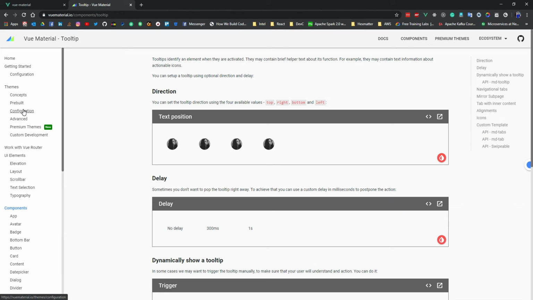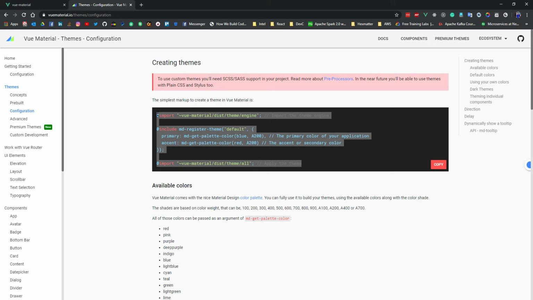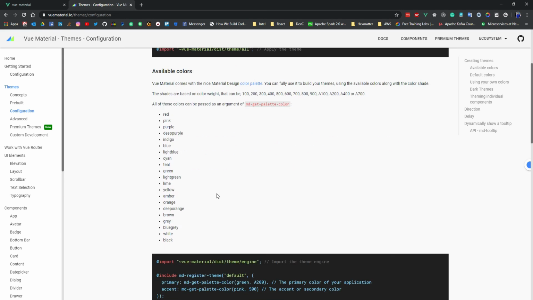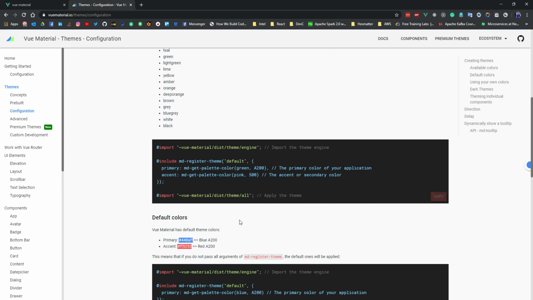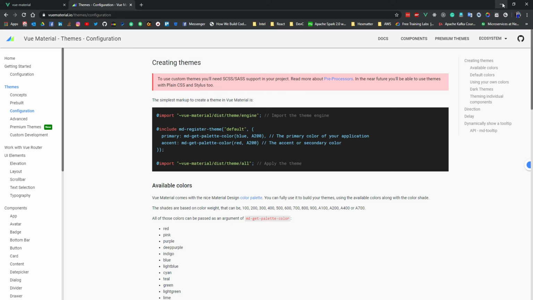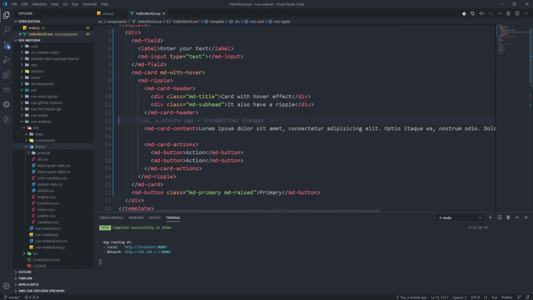You can find the documentation under the configuration title. You need to input these code segments in a new CSS file. Actually not CSS, it's a SASS file. So after adding that, it will be compiled into normal CSS. After that, you can consume it in your application like I have consumed the normal theme previously.